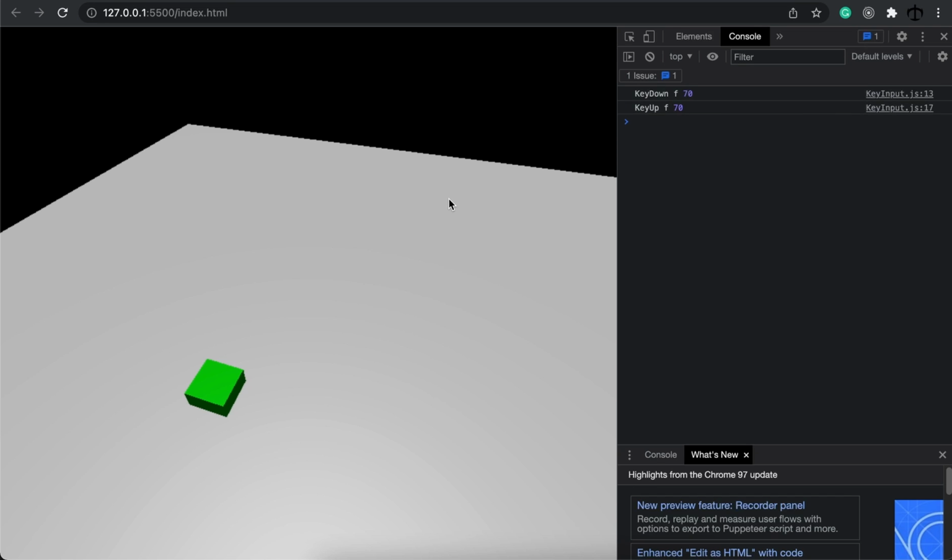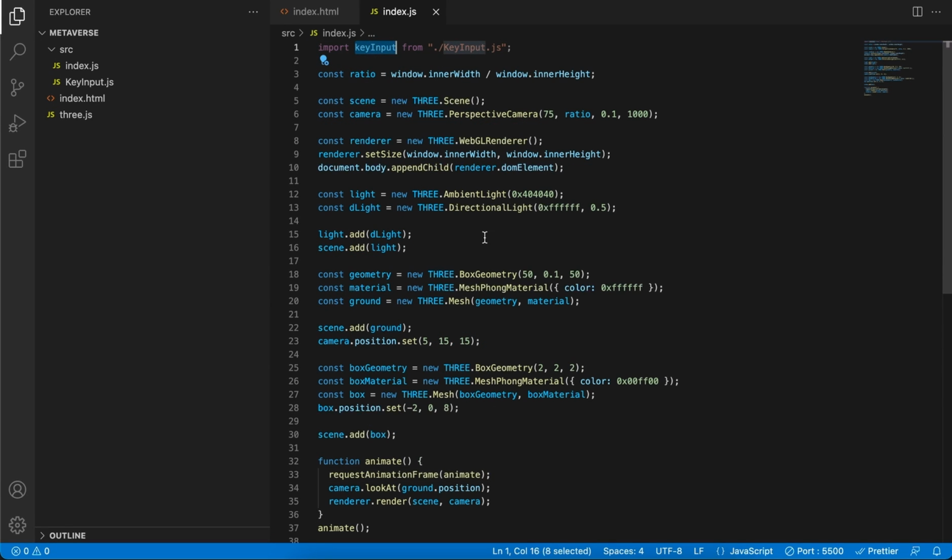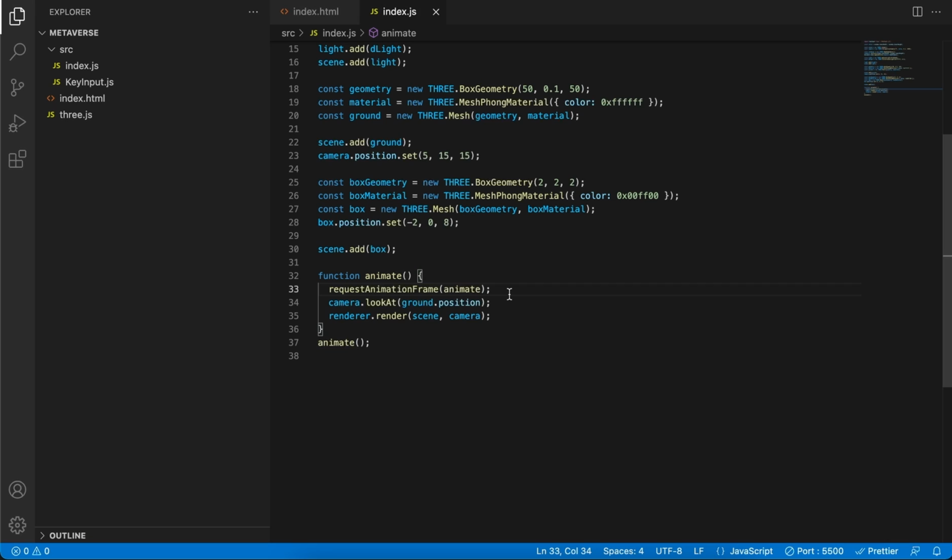So let's try that again, and there we can see I pressed F and then I released it. Now I'm pressing S and released it. So I can press keys on the keyboard and we know what key code they are. This is important because now we can use this to manipulate the camera in a certain way. Now that we have our key input here at the top, what we can do is actually utilize it. We can go down here and say if the key input.isPressed, which is our function, and now we can use the value. So I'm going to simply use 38, which is the up key,